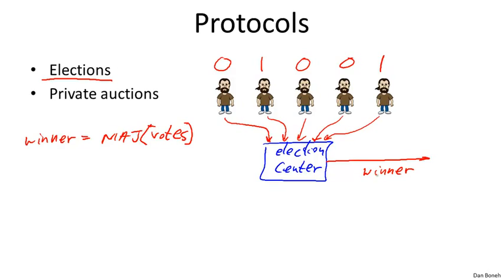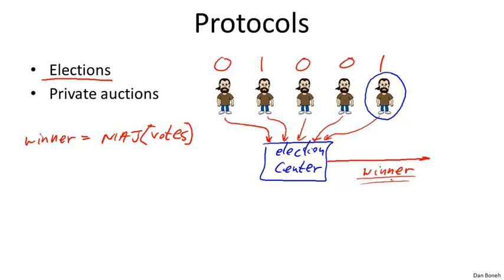Of course, the election center is also going to verify that this voter, for example, is allowed to vote and that the voter has only voted once. But other than that information, the election center and the rest of the world learn nothing else about that voter's vote other than the result of the election. So this is an example of a protocol that involves 6 parties. In this case, there are 5 voters and 1 election center. These parties compute amongst themselves, and at the end of the computation, the result of the election is known, but nothing else is revealed about the individual inputs.